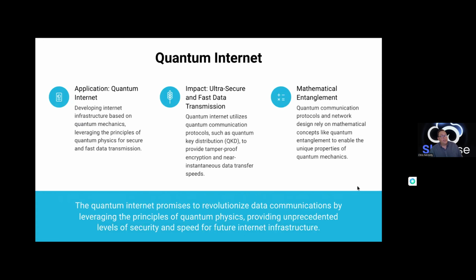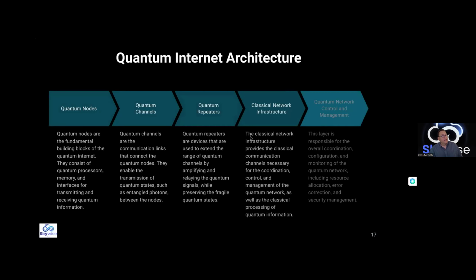The quantum internet, with these QKDs and keys and instantaneous communication protocols, will completely revolutionize our internet and our connectivity and the security of it. So that's in development as well. This is kind of how we build that. There are some quantum nodes that come in for the first part of this.